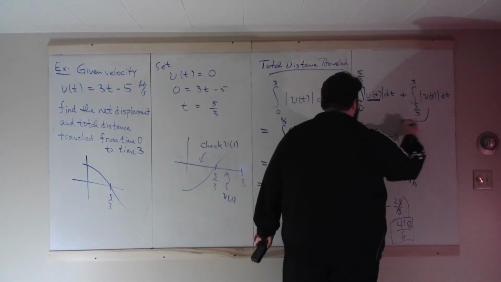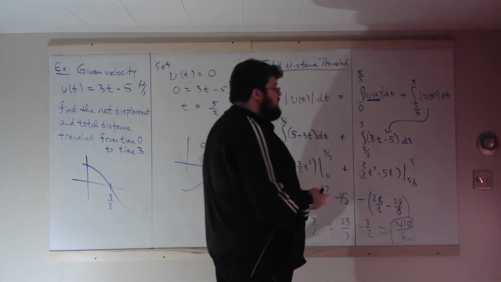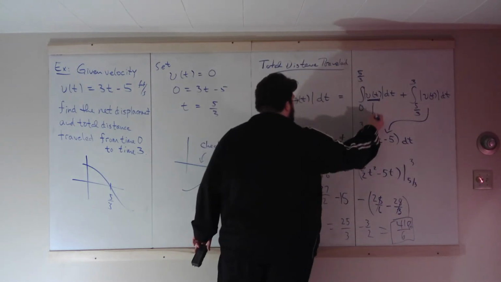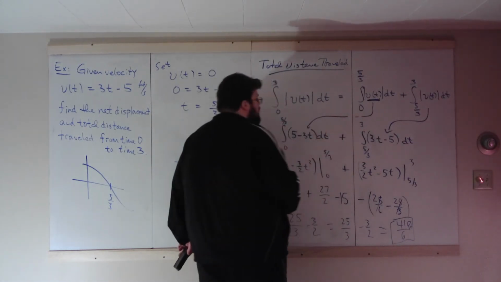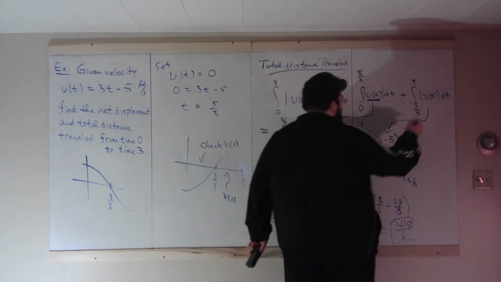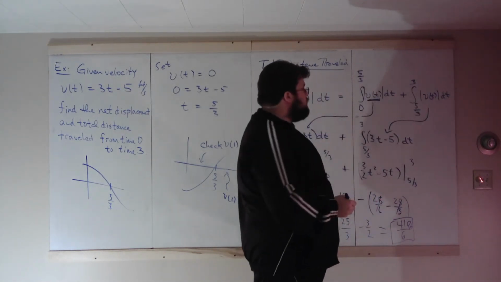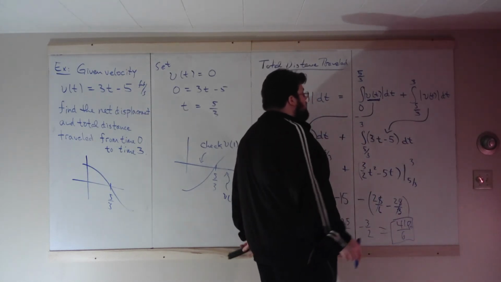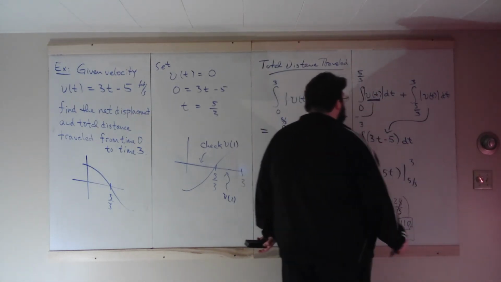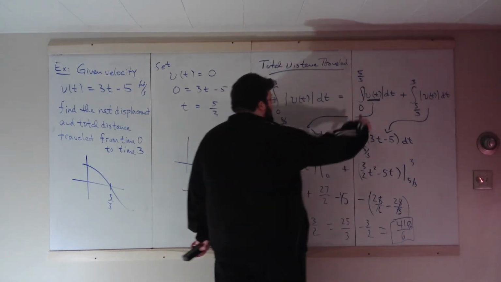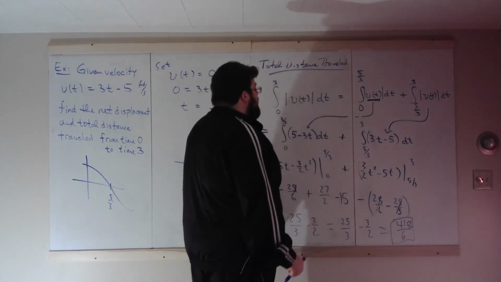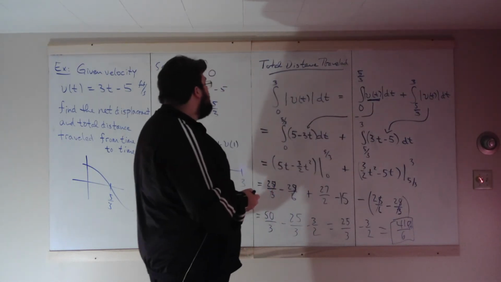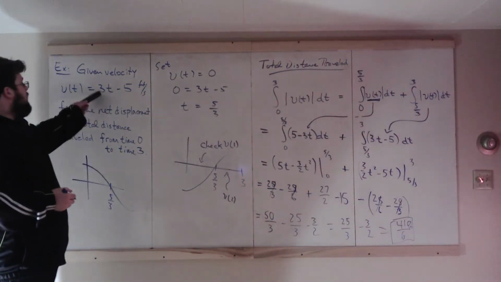And that tells you that the absolute value of velocity is itself on 5/3 to 3, because the absolute value of a positive remains the same. But over here, where it's negative on 0 to 5/3, the absolute value of velocity would be the negative of the velocity function, negative 3t plus